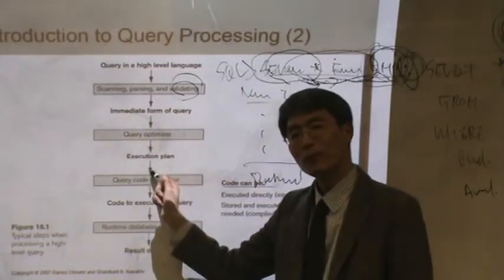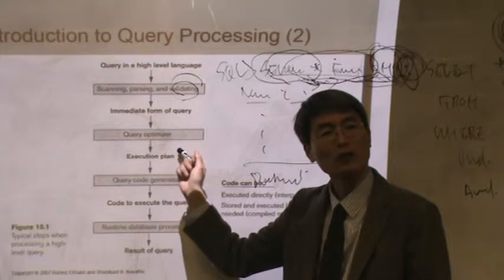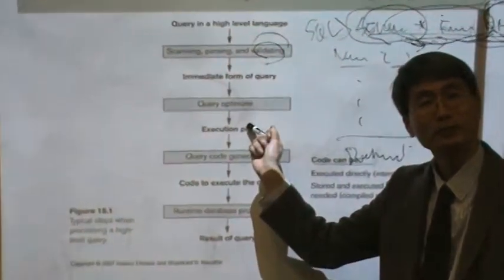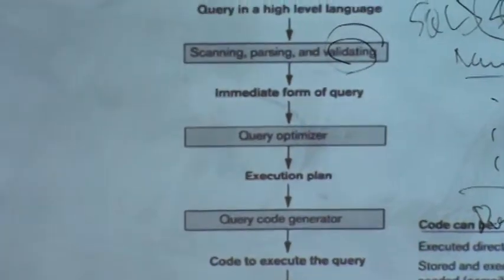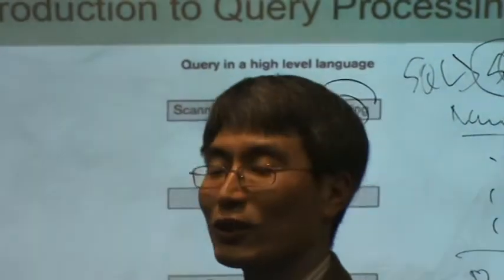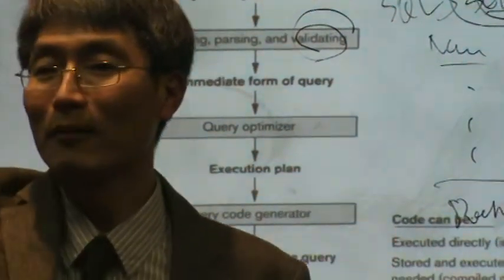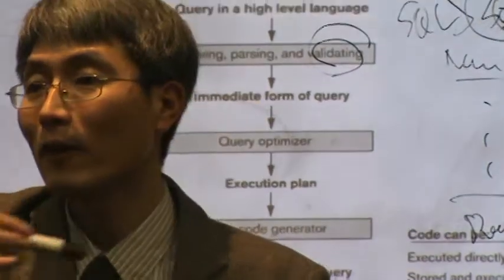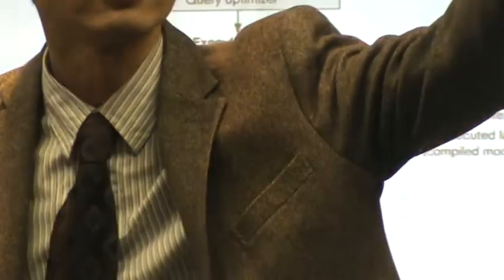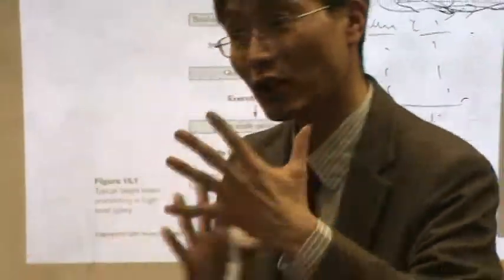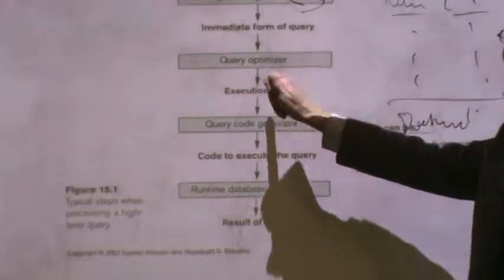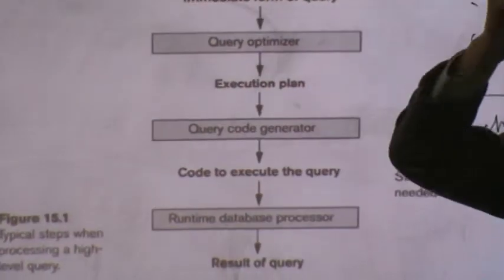What is the output of such a query optimizer? What is the output of Google Maps? It shows the plan of your trip from your home to Manhattan: take a right turn, a left turn, exit 35, or whatever. It's just a plan of your trip, like the execution plan. It shows the plan of execution.